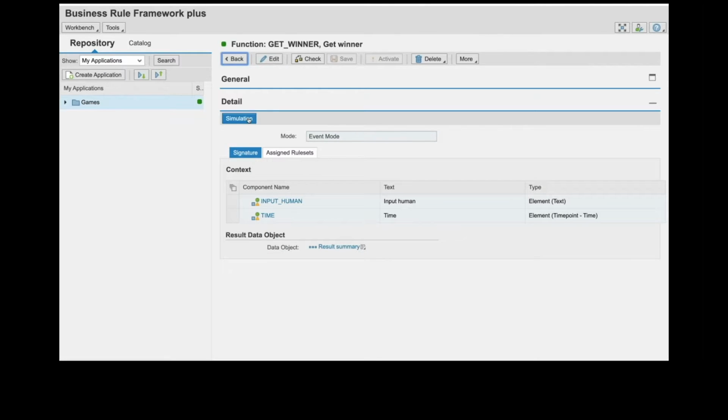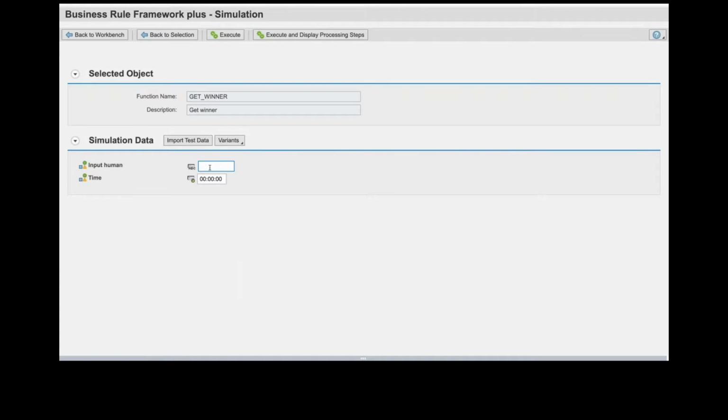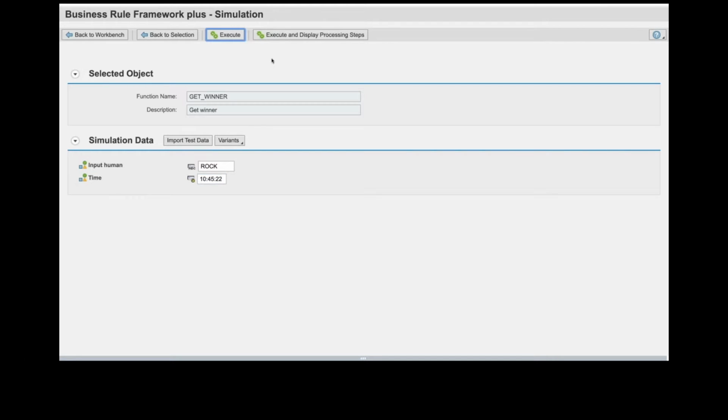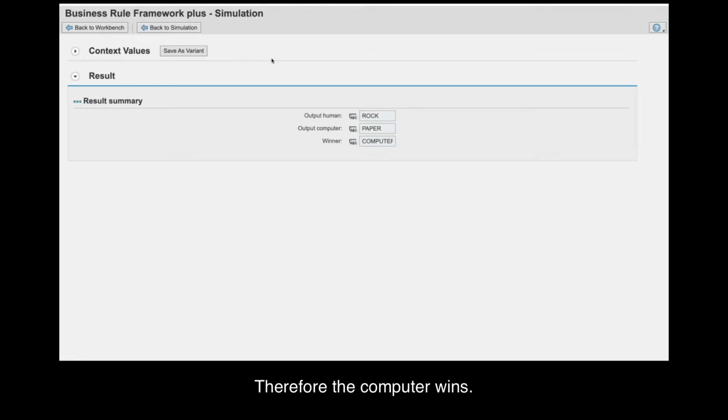Let's do a simulation. Let's say we decide rock, and we execute this at 10:45:22. Now the time is converted into a decision by the computer, and the computer says paper, and paper wins over rock, therefore the computer wins.